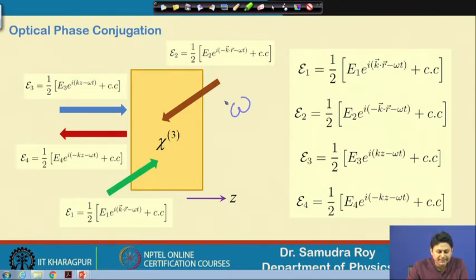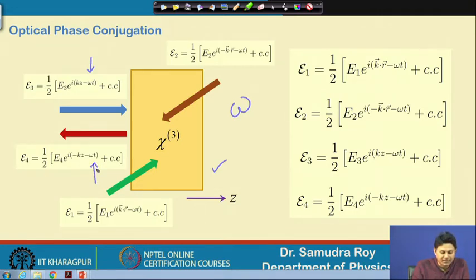But one important thing here: there are 4 waves associated with this system. So, chi 3 is a nonlinear system, we can see that. There are 4 waves associated with this phenomenon, and these 4 waves are shown here with 4 different colors. In all cases, the frequencies are the same. Only the directions for the 4 cases are different. In the first case, E3 and E4, the frequency is omega. So, if I write these 2 plane waves, it will simply be omega t in both cases.